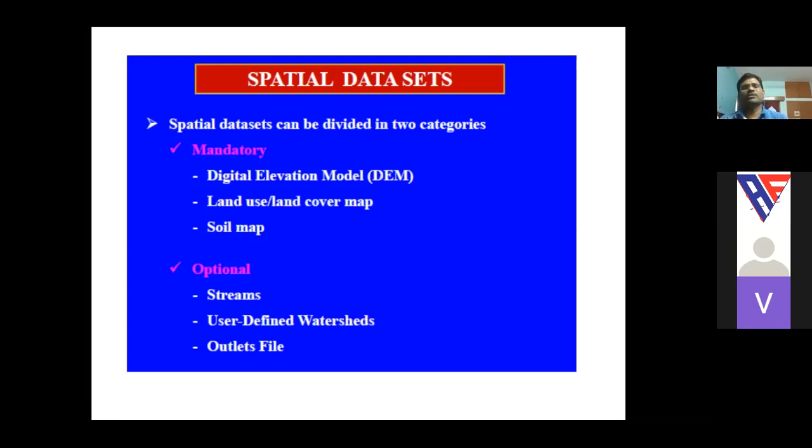If the users have streams, they can use them; if not, the model will generate the streams. Similarly for watersheds, the model will generate sub watersheds based on the digital elevation model, or if you have predefined watershed boundaries, you can use them.